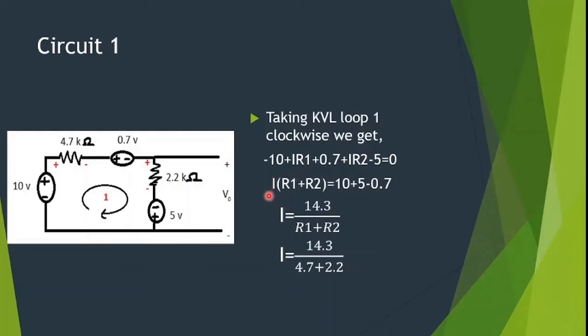So if we solve this circuit, and if we simplify this portion, if we take this I as common, then R1 plus R2, and let's take the voltage sources at the right side of the equation and just solve it for this I, which is the current, you will get the answer as I equals 2.07 milliampere. So this is the current that has been flowing throughout this whole loop. Okay,